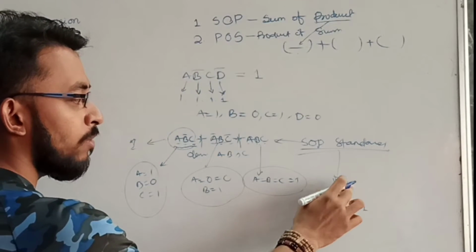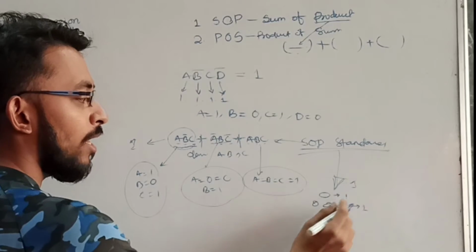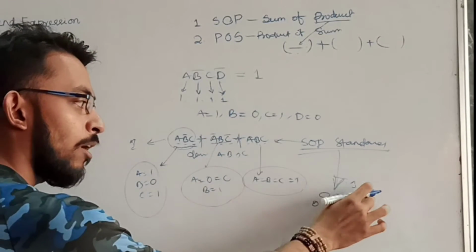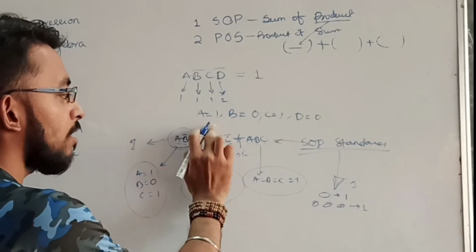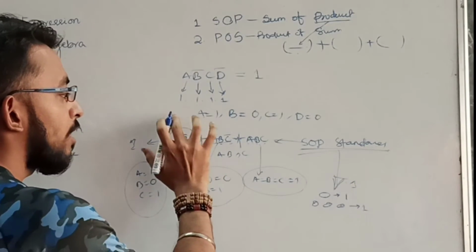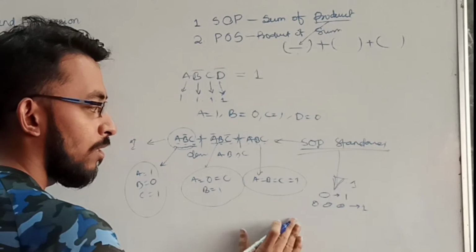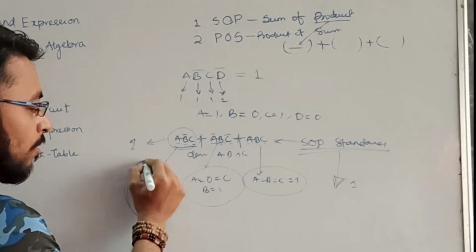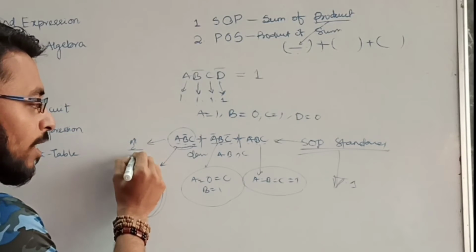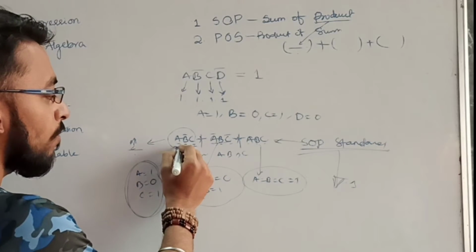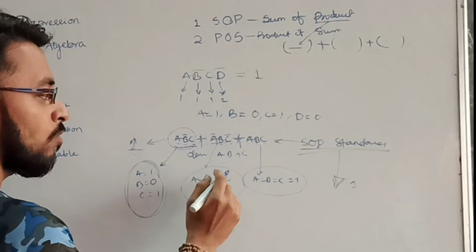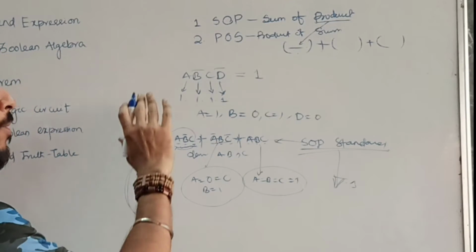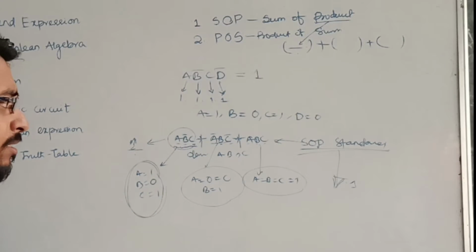For the OR operation, when will the output become 1? The output will be 1 when any of the inputs is 1. If this is 1, this is 0, this is 0, then the output will also be 1. If this is 1, this is 1, this is 0, then also it is possible. If all 3 are 1, then also it is possible. So these are the cases. You have to find, for the single cases, for what values A, B, C will be 1, and overall if this is 1, whatever the condition for the other two, my output will give me value 1. So this is all about your sum of product.